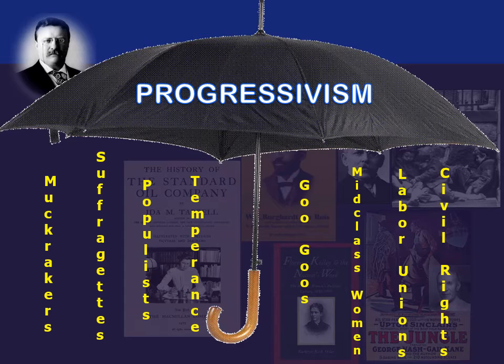And then, of course, civil rights. You have W.E.B. Du Bois, you have Booker T. Washington, individuals who are pushing for civil rights, because under the progressive umbrella, if we're pushing for a better United States, the civil rights era definitely encompasses that. And of course, civil rights not only for African Americans, but for immigrants as well.